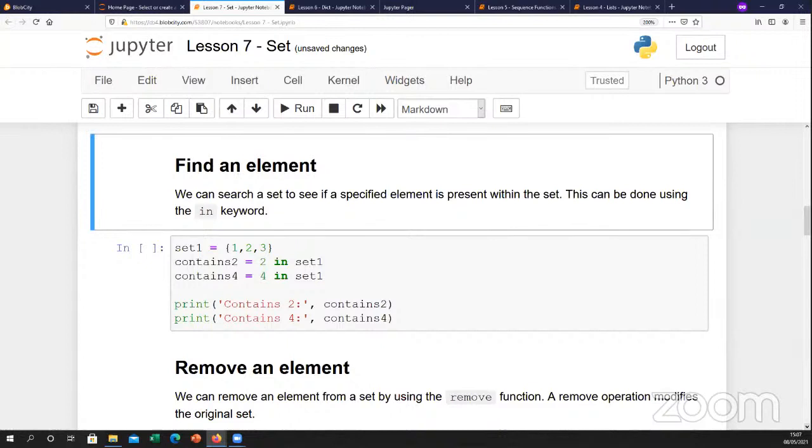How do you find an element? So far, from the past 3 workbooks which we have been coming up with,